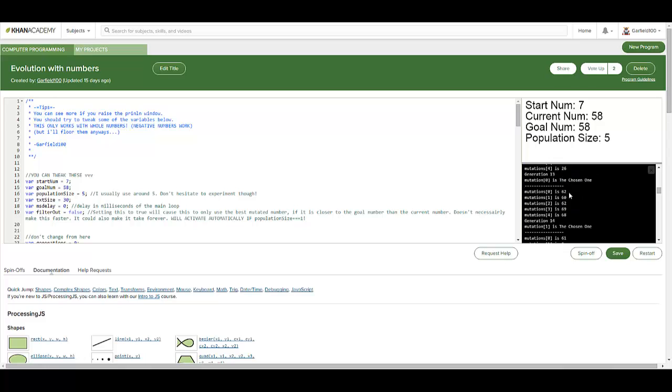So here it's 62, 60, and the closest number to 58 is in this case still 60, because all these went too far. Then we have probably 60 again, then 60 again. I don't know what's wrong with it. If you increase the population size here, it will make more derivations, or the probability is higher, I will find a good number.